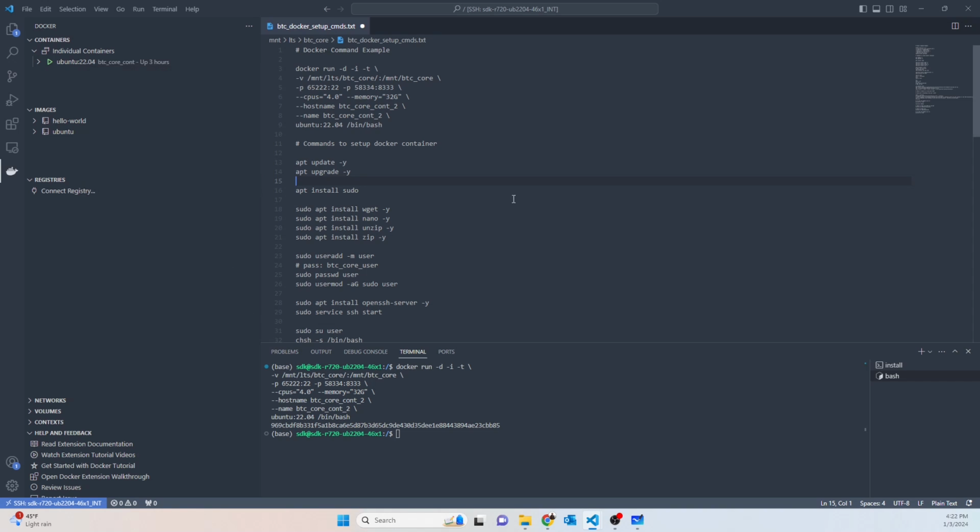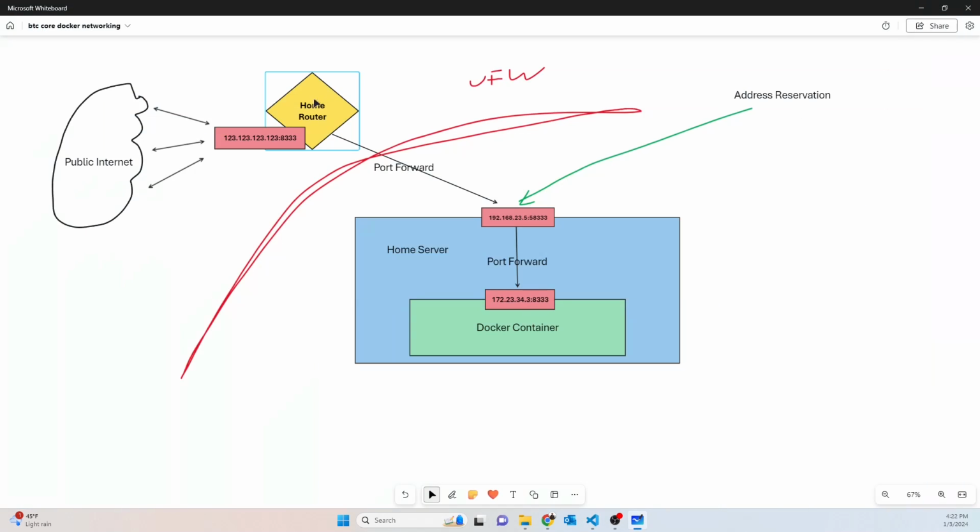In this container, we're going to tell the router, hey, whenever you receive traffic on port 8333, forward it to this internal IP address, which is just a made up one, 192.168.23.5, at this particular port, 58333. Basically all traffic that comes in is sent to the outside of your machine, which is the server itself, and the server says, okay, we have an internal Docker container running, and whenever I get stuff on this port, we're going to send it in to